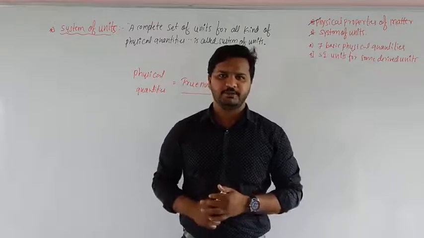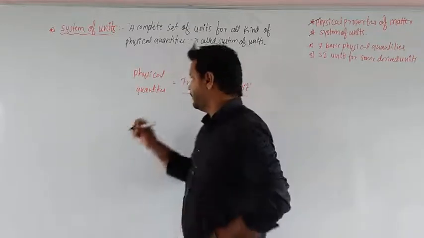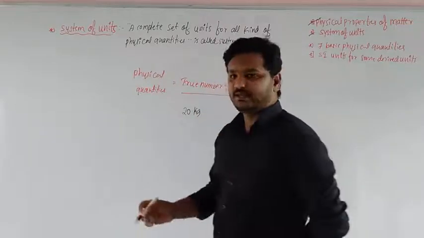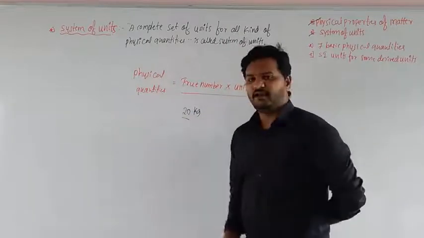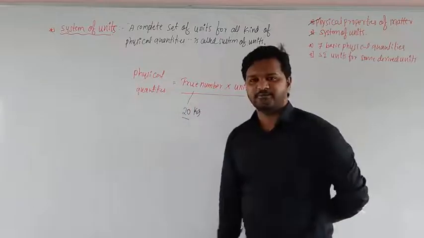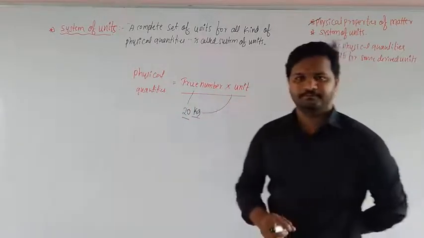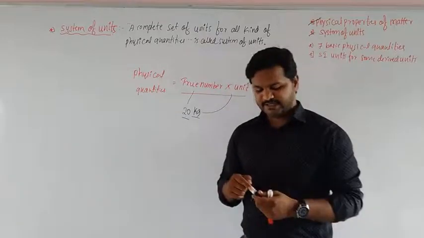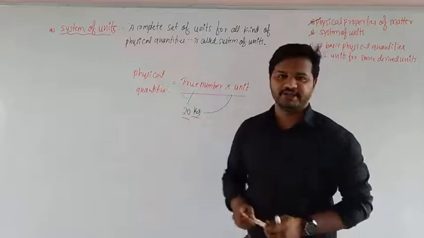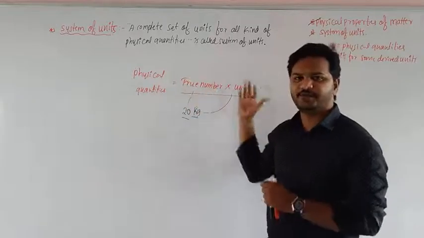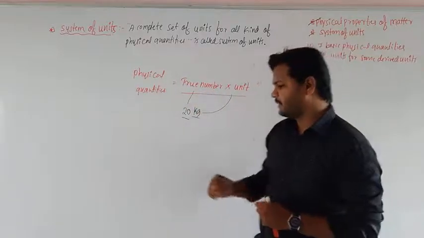20 kg we say. Here the board weighs 20 kg, so what is the 20 here? 20 is a number, and what is this kg? Kg is a unit. That is why we can simply say that is a physical quantity of a matter. Physical quantity is true number into unit. Okay, now